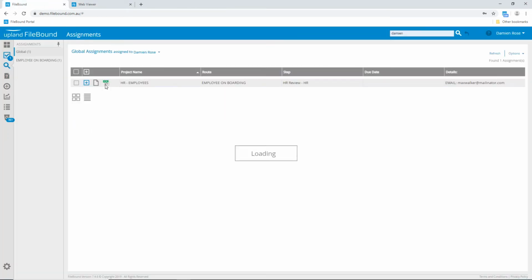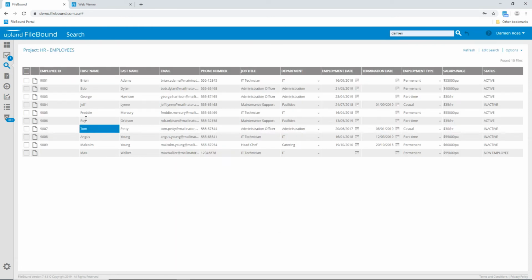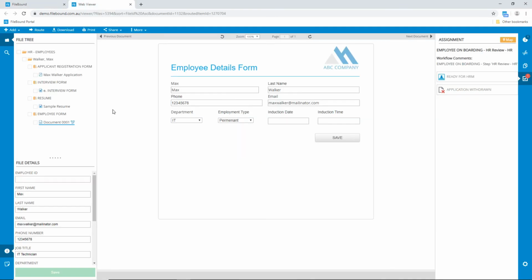I kind of glossed over it before, but if I come back into the employees project and run a search, we can see here we've got all of our employees in there with various metadata. And we'd also have all the documents pertaining to the individuals over time. Going back to our workflow,